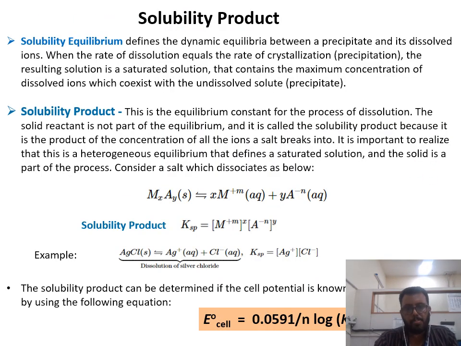Solubility product is the other one. Dynamic equilibrium between precipitate and dissolved ions will be there, and the rate of dissolution will be equal to the rate of crystallization. You can calculate the solubility product using this expression: MxAy gives xM to the m plus plus yA to the a minus. Like that you can calculate. You can take an example, and you can also apply that in the Nernst equation, and you can calculate the Ksp, that is, the solubility product. I think with this